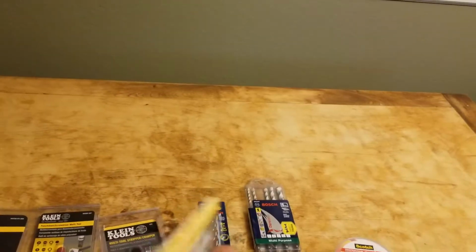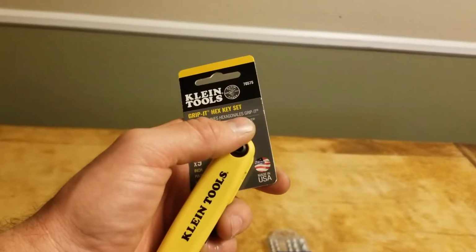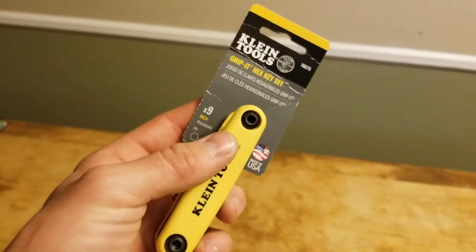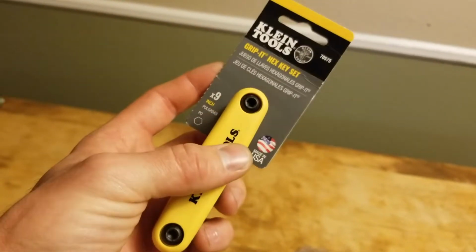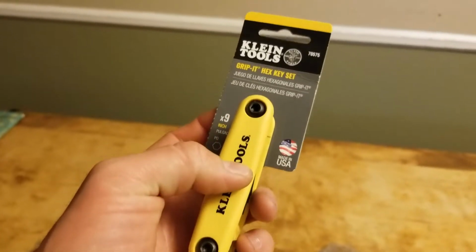Up next is the Datacom Tools Allen key set. The main purpose for this hex key set, or excuse me, I said Allen key, it's technically a hex key set. The main purpose for this set, however, is to tighten and loosen set screws in drill bit